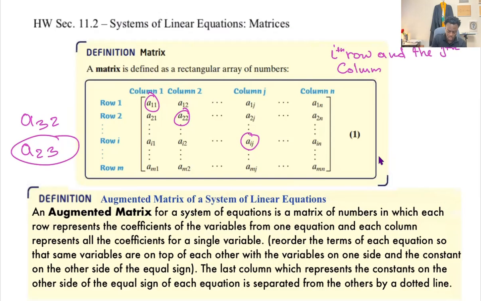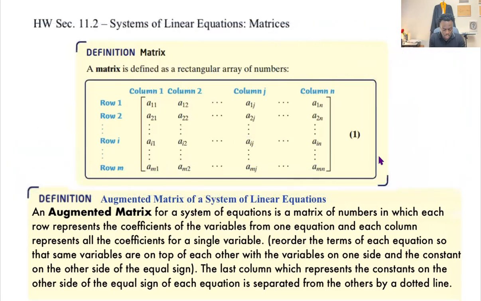All right. So I think that now you're okay to read a matrix. Now let's talk about an augmented matrix. For each system, we will have to write out the matrix of the system, right? But since the system, if you remember, will be a number of equations with a number of variables. Now let's see what the augmented matrix is. It says an augmented matrix of a system of linear equations